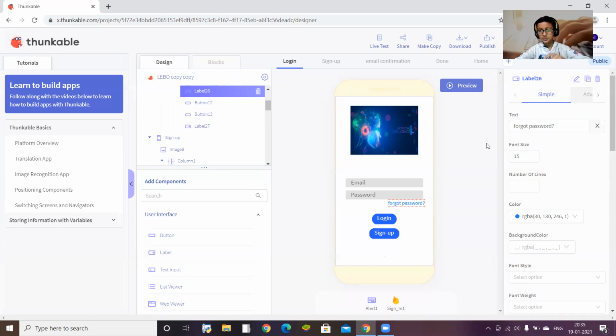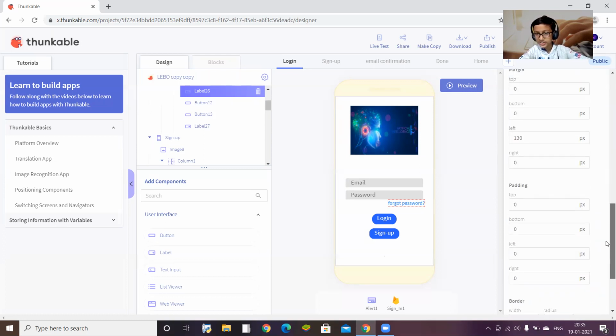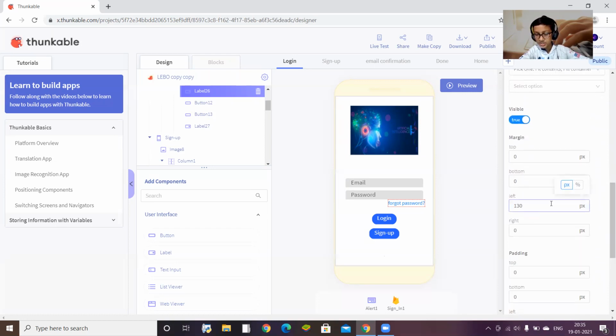So like this you have to do, forgot password? Set the font size to 15, as it needs to be somewhat small, set the color as your choice, and let's move down. The background color should be white, as it is the default. Set the margin left to 130 pixels.